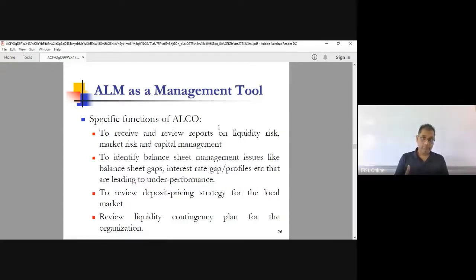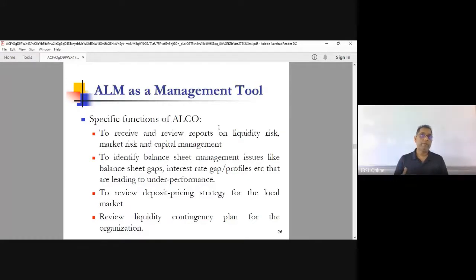Because I might say, if I'm a treasury guy or a finance guy, look, you're pricing your deposits too high. We can't afford to bring deposits in at 8% anymore because our assets are at 6%. So we are losing money when you bring them in at 8. Don't put your deposits at 8%. Put your deposits down to 5%. But the guy in